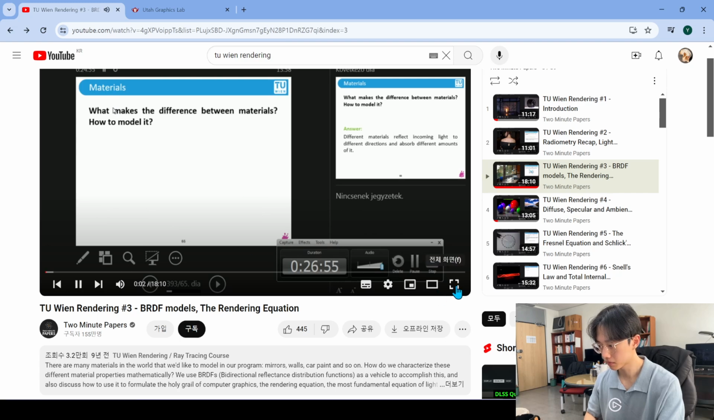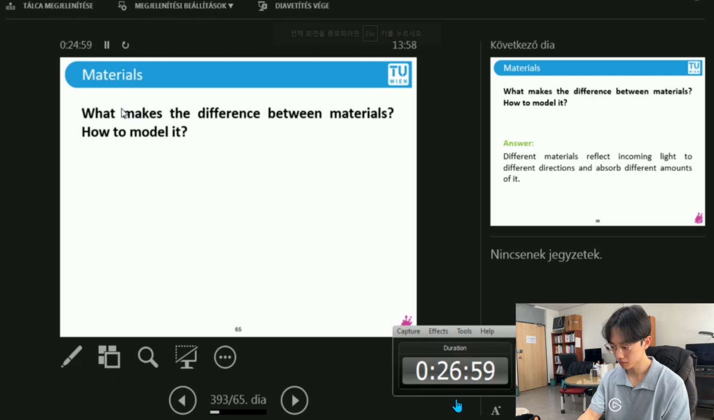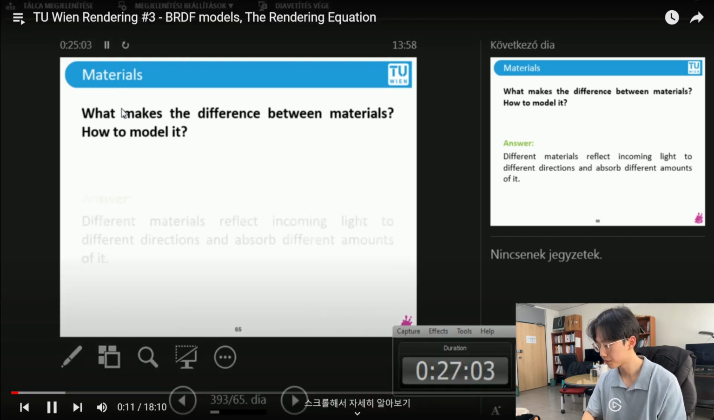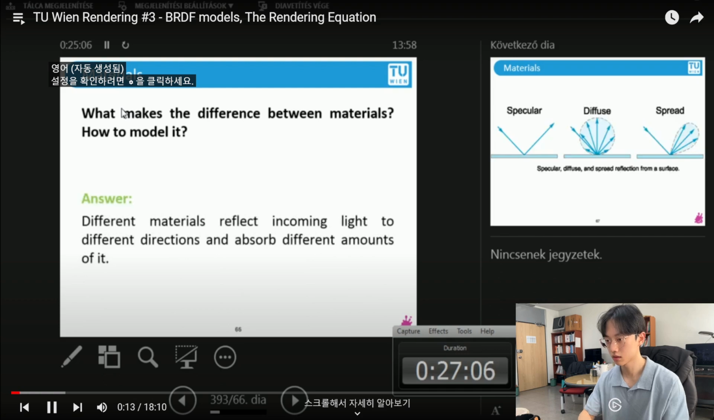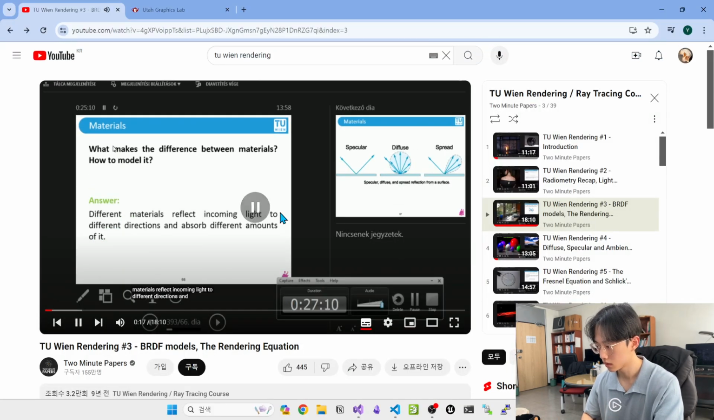fundamental question, which is what makes the difference between different materials? And the other question is, how do we model it? Well, different materials reflect incoming light to different directions, and they